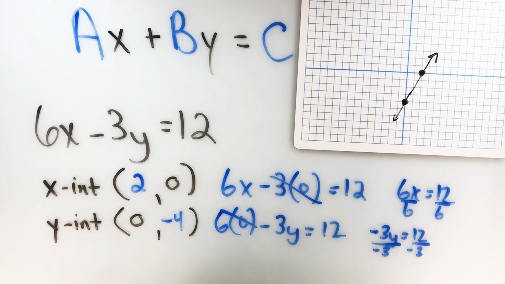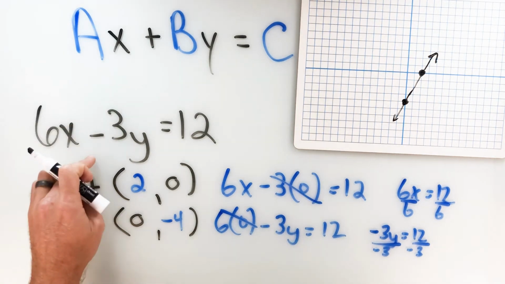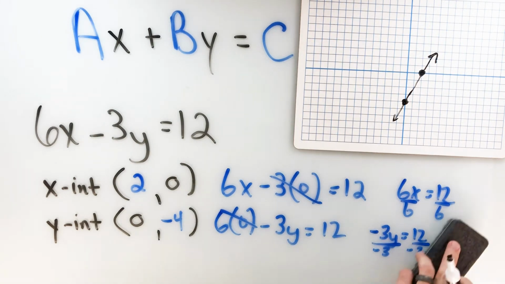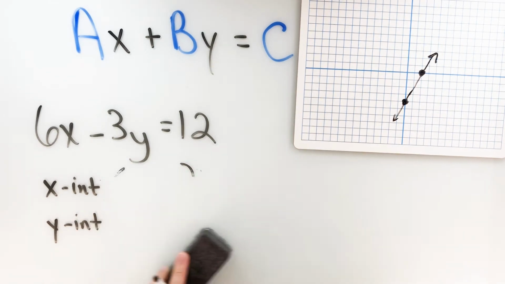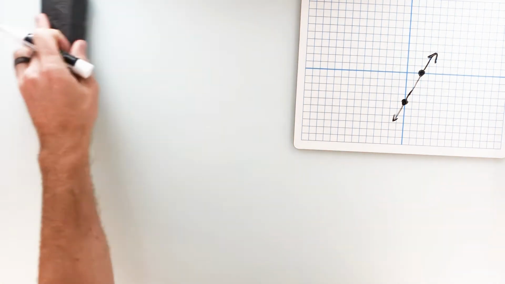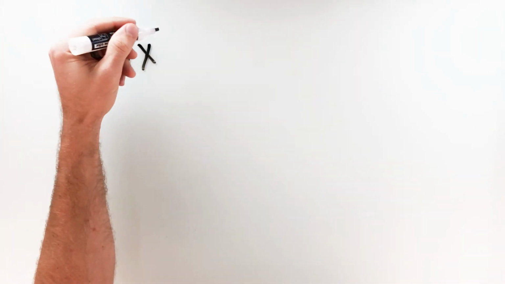Another option, which I'm not going to do, but we'll talk about in a second. If you want to graph a line that's in standard form and you're comfortable with slope-intercept form, you can just solve that equation for y, get the y by itself, and you can graph in slope-intercept form. Okay, so the next example I'm going to do, I'm not going to graph, but I'm going to show you just a conversion. We're going to convert to slope-intercept form. Especially because slope-intercept form is the form that you probably learned first and you're probably most comfortable with. There is a benefit to knowing how to convert a line that is in standard form into slope-intercept form. So let's say we have